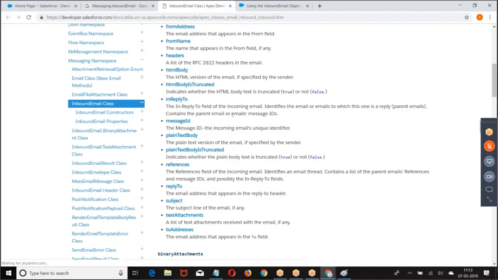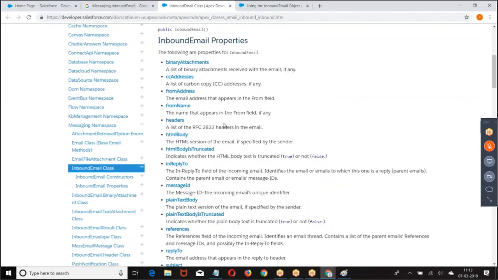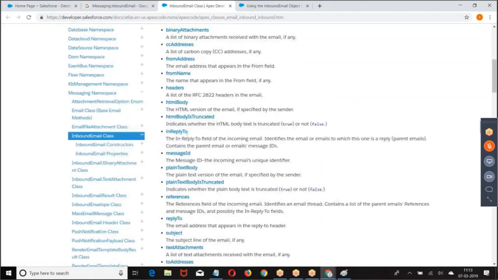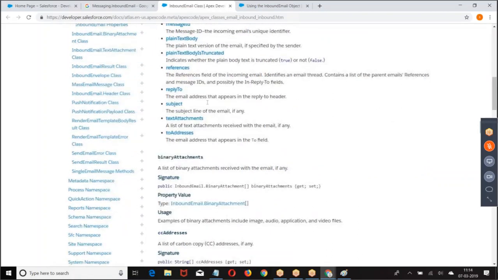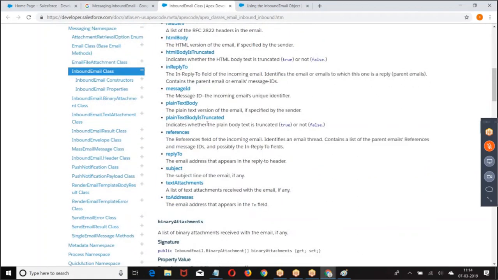Binary attachments, CC address, from name, headers, HTML body truncated, in reply to, message ID, plain text body truncated. All these are what? The properties of the mail we received.